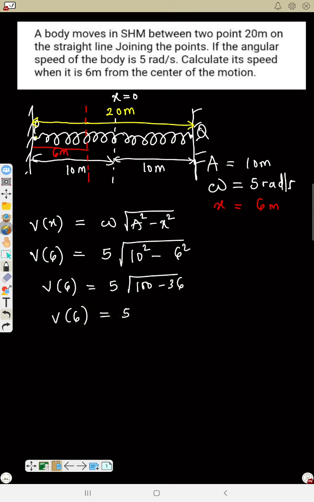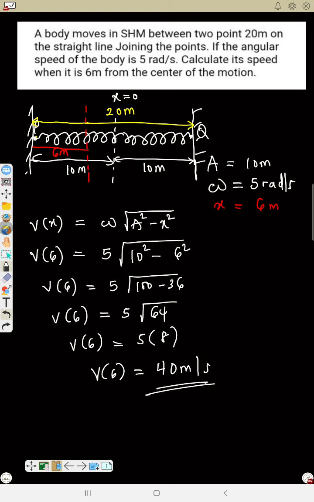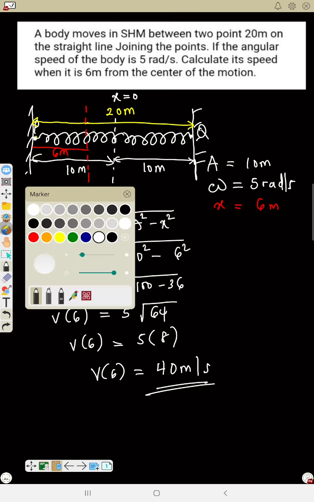Velocity at 6 meters is equal to the square root of 64. The square root of 64 is 8. So velocity at 6 meters will be 8 times 5, that is 40 meters per second. So the correct answer now is 40 meters per second. So that is the answer. So you can check